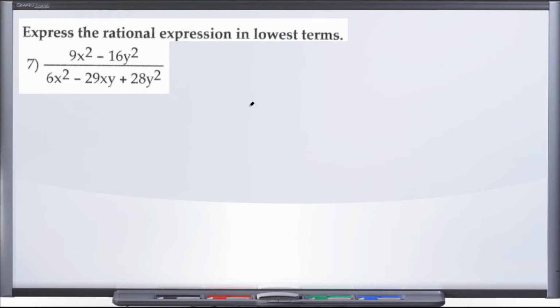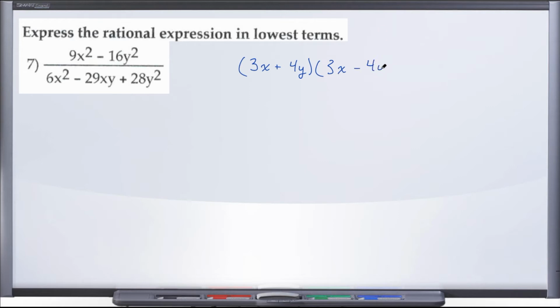You'll recall that with 2 terms, you should be looking for either the difference of 2 squares or the sum and difference of cubes. Well, we're not dealing with cubes, right? Because we have squares here. And 9 is a perfect square, 16 is a perfect square. So we're definitely dealing with the difference of perfect squares. So how does the numerator factor? Well, we're going to factor into 3x plus 4y,